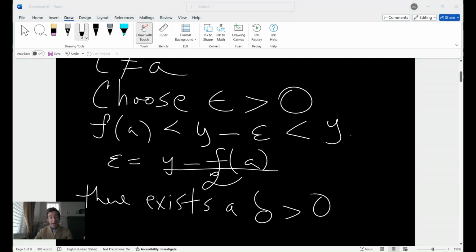And what can we say about that? Well, if there exists a delta that is greater than 0, such that for all x, as an element of A,